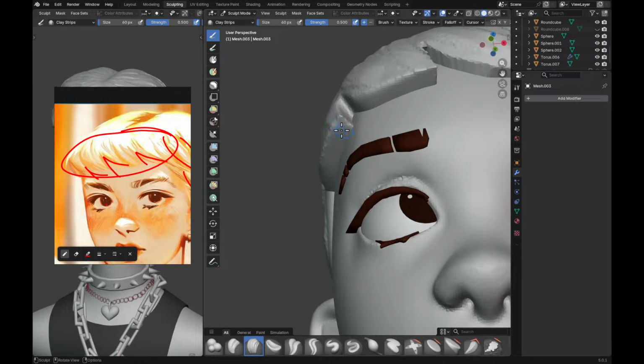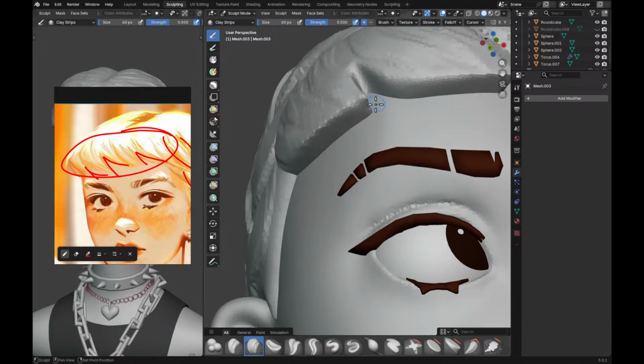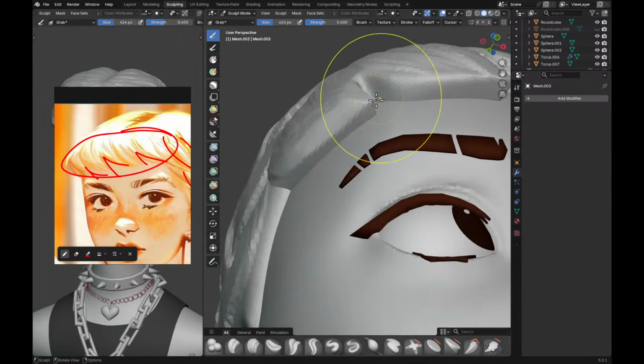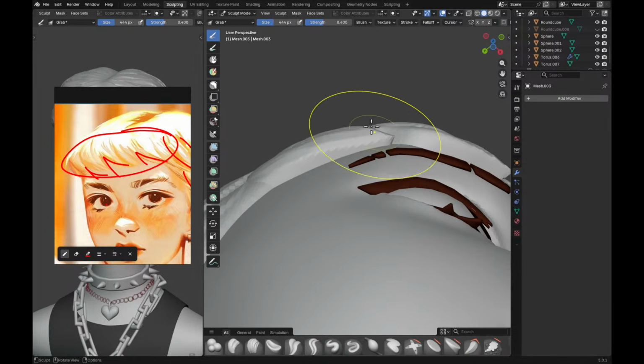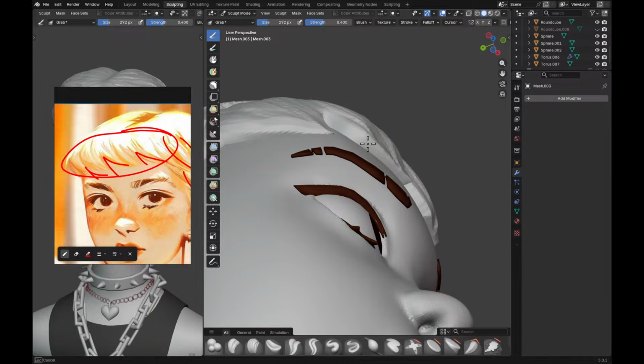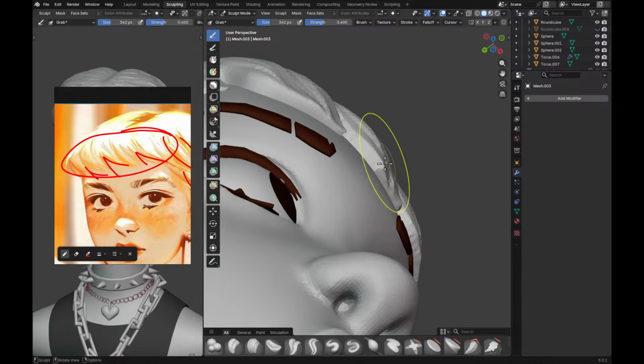Right here the edge is looking a bit too boxy, so I'm just going to scrape this, plane this out and make it look more like hair. You can use the grab brush and pull this into the face a little bit more. Something like that, and